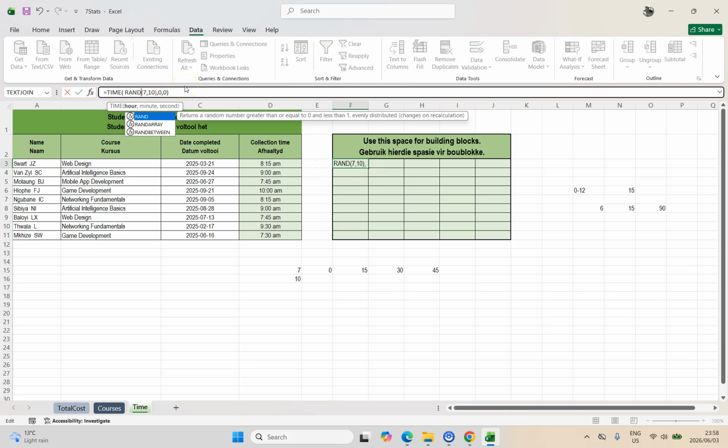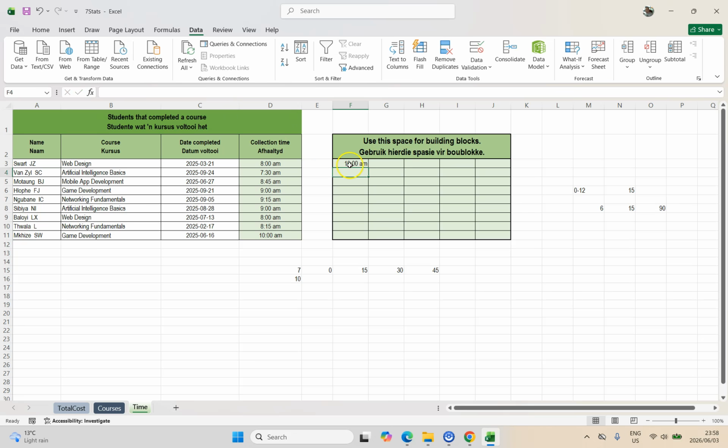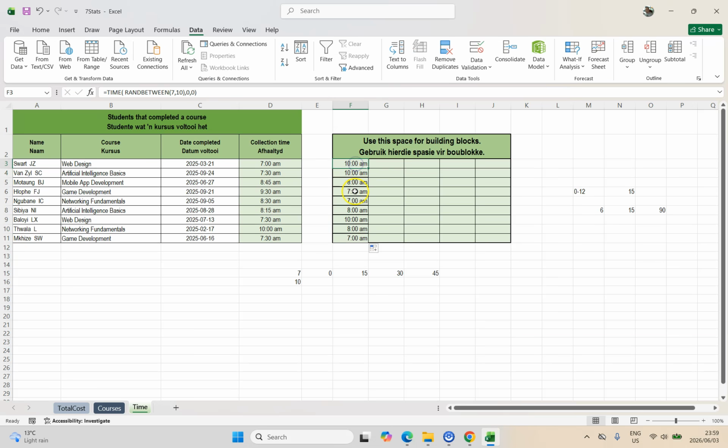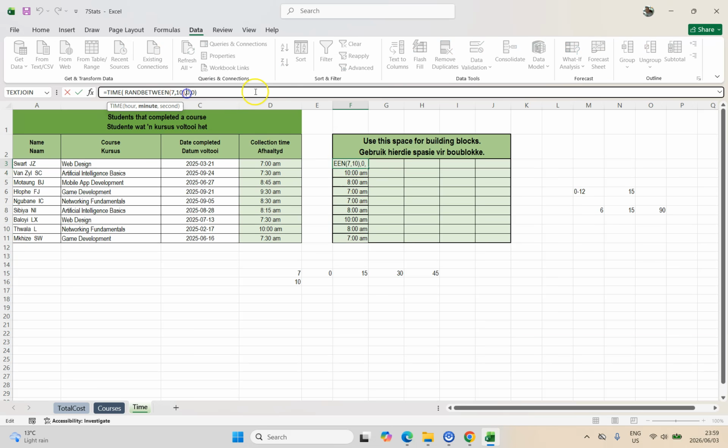Ran between, sorry, not random, ran between. So if I look at that, are you seeing that it's random 7 numbers up until 10? Okay, so that's working. But now the minutes, I don't care about the seconds, the minutes must be either 0,